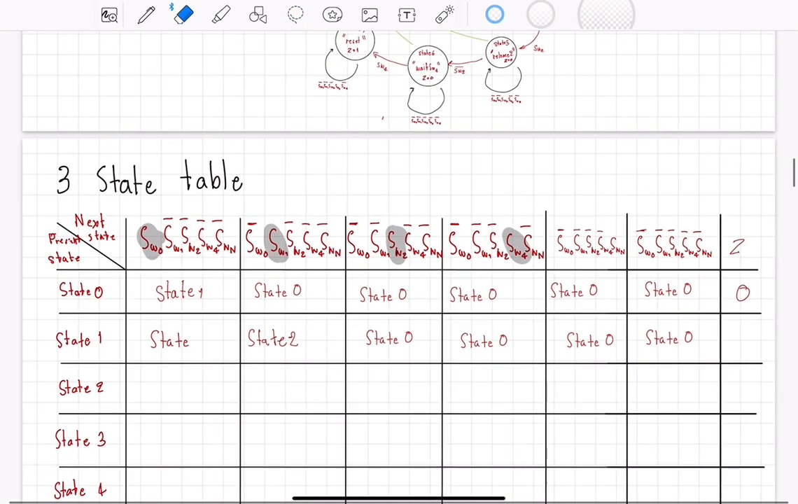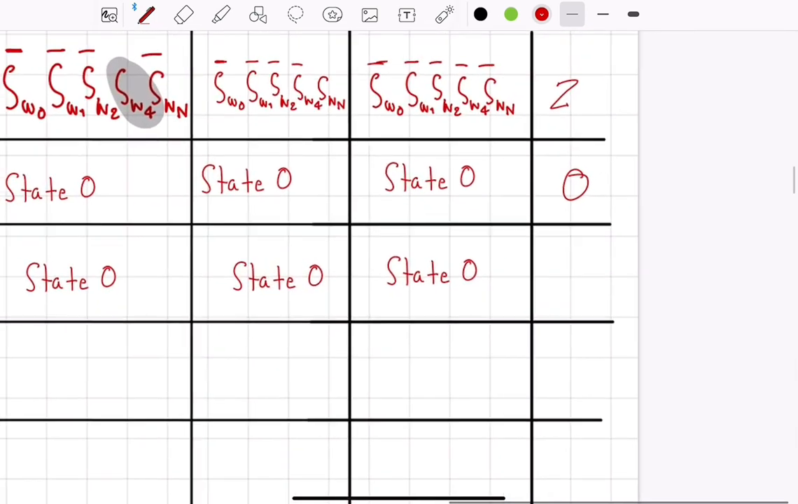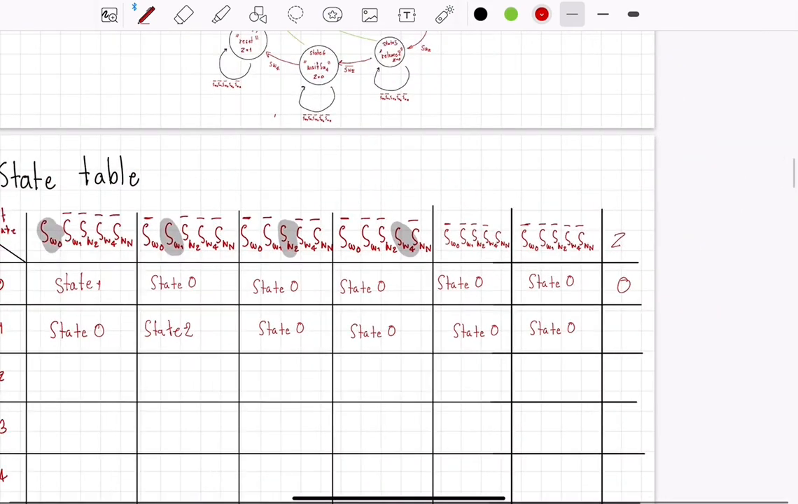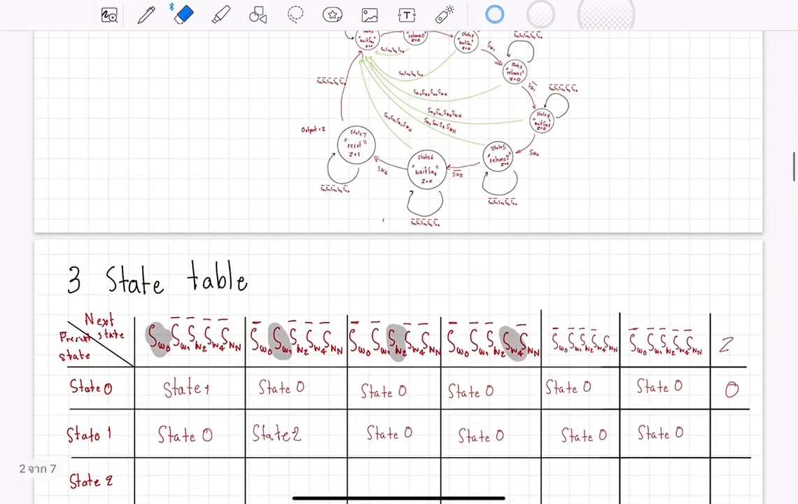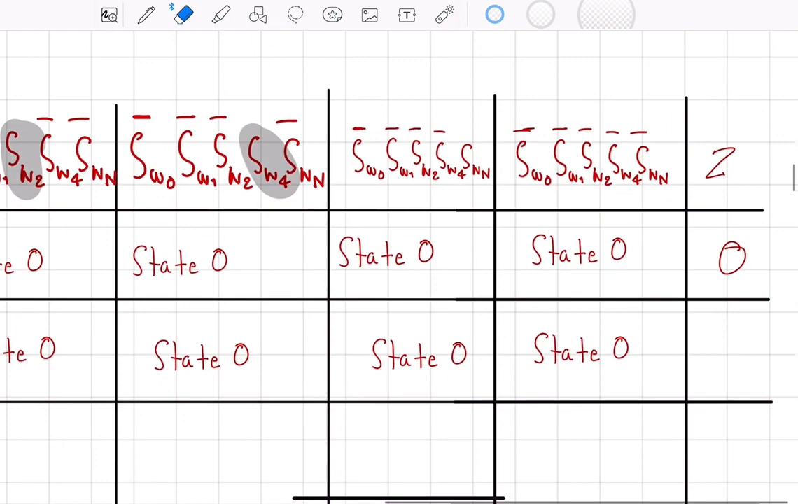Sorry. If I put switch 0 in state 1, this means I go to state 0. Okay, that's right. When I don't push any switch, it means I go to